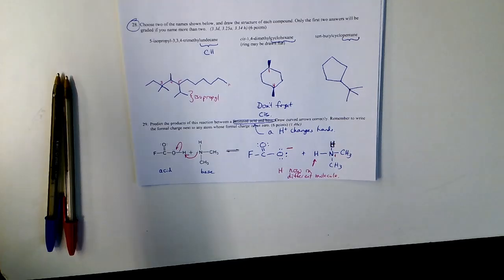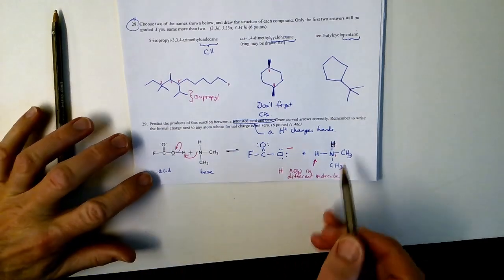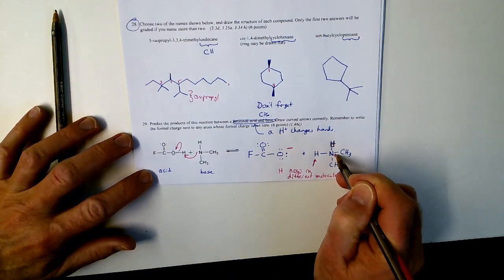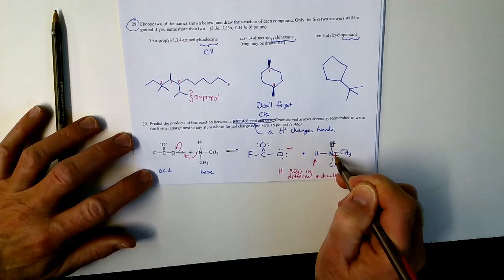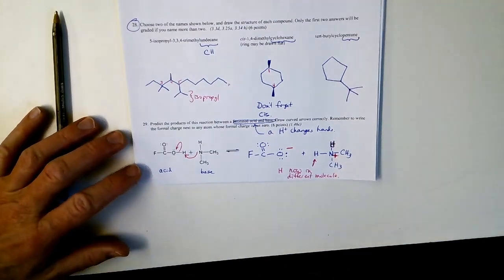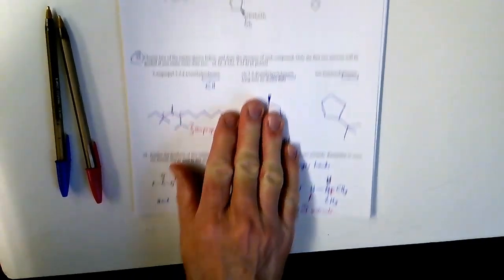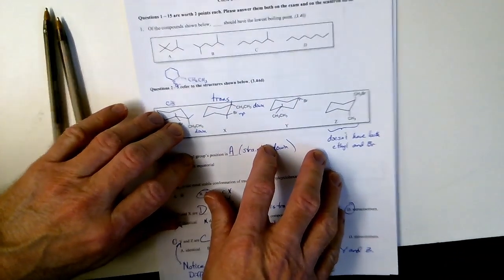Yeah. Would there be a formal charge on the hydrogen, or is there already? You mean right here? Yeah. Yeah, there is. Right there. I think I didn't draw it big enough. And then, my second question, can you just go over one really quick? Which one? Number one. Oh, the number one.